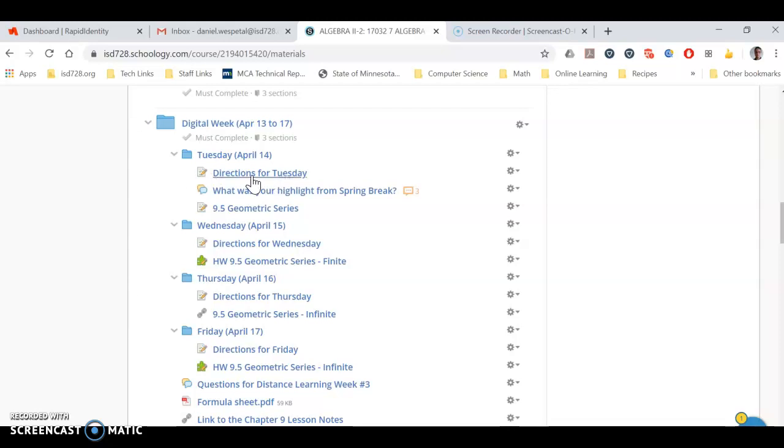One thing I want to note is I have been making completion folders. I had 4 or 5 people reach out and say that it doesn't show that you've completed things when they know they've clicked on everything in the folder. I'm not sure how to quite fix that. I know that on my end, I can see that the students actually have it done, but a lot of students have been saying they don't see it done on their end. So I guess don't worry too much about that.